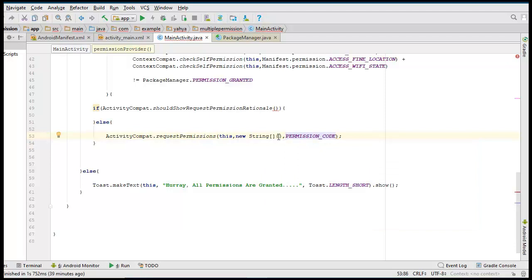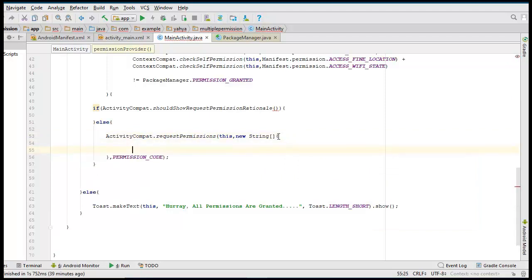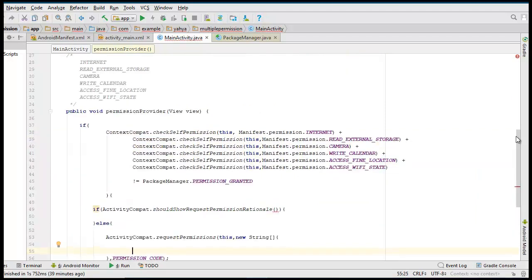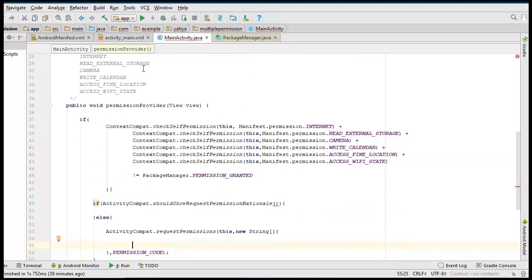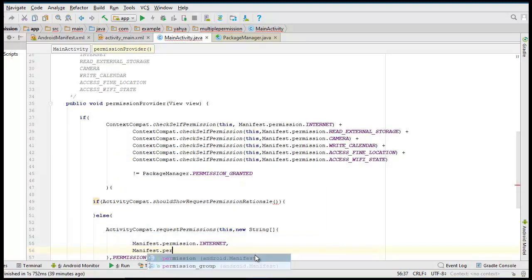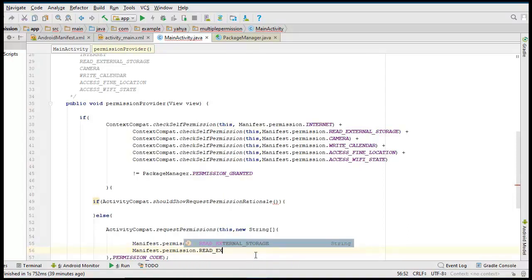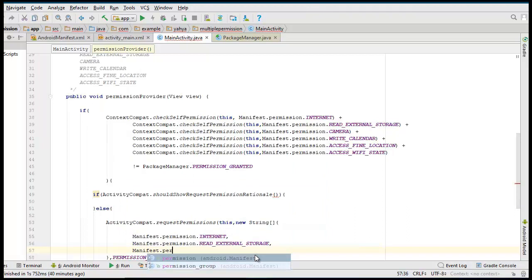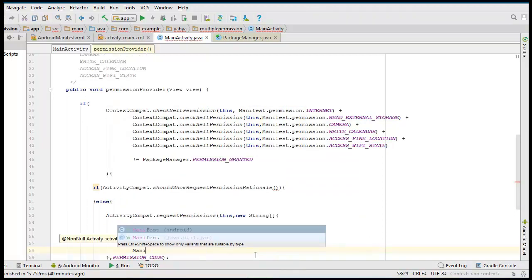Permission code. Inside this string, we need to provide all of those permissions: internet permissions, external storage permissions, and camera permissions. So in here again, I use Manifest.permission.INTERNET, Manifest.permission.READ_EXTERNAL_STORAGE, and make sure that you separate them by comma, Manifest.permission.CAMERA,